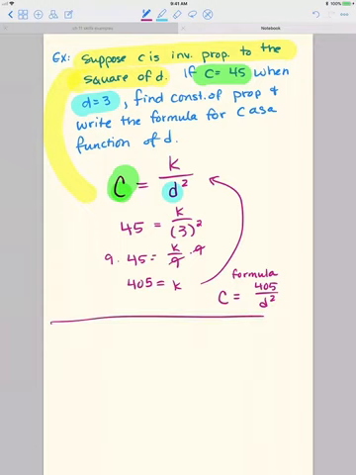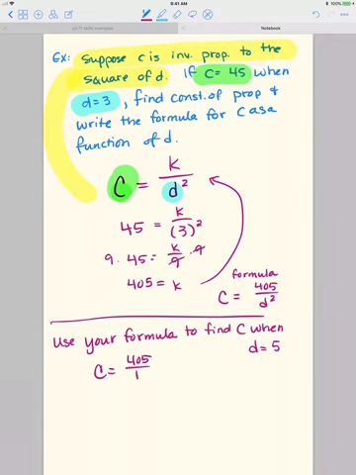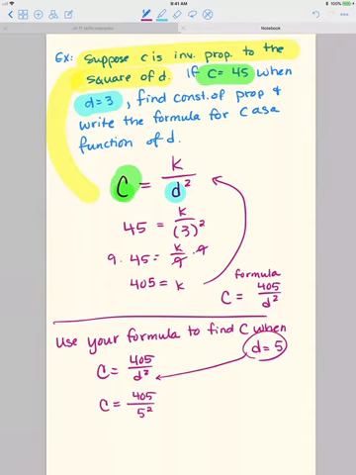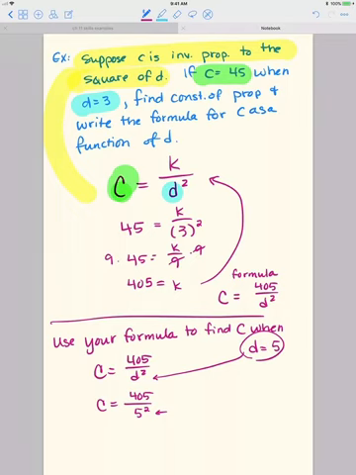So then, once you've found that, it might ask you to use your formula to find C when, in this example, D equals 5. So you've got your C equals 405 over D squared. You plug in the numbers that they've given you, which is D equals 5, so that goes in the denominator. And you get C equals 405 over 5 squared. Again, please follow order of operations and do exponents before you do division. So that'll be 405 over 25,